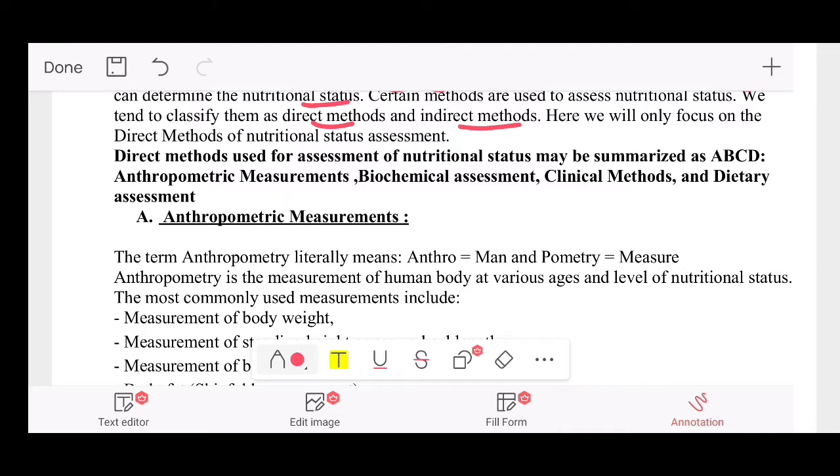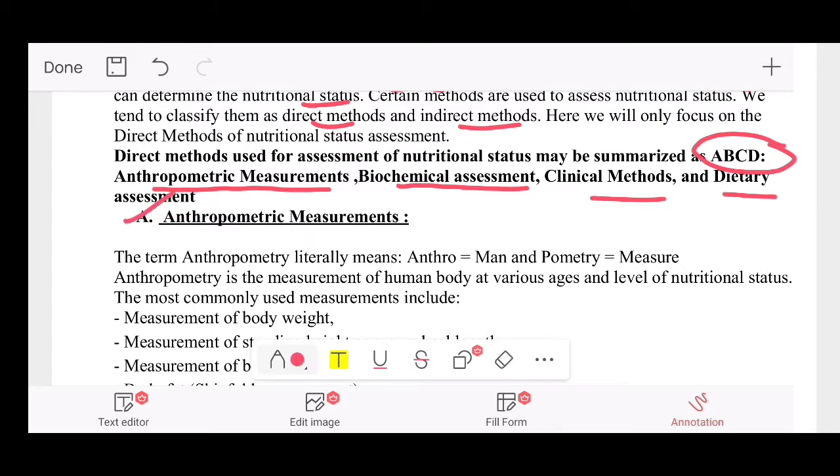The direct methods used for assessment of nutritional status may be summarized as ABCD. That means A for anthropometric measurement, B for biochemical assessment, C for clinical methods, and D for dietary assessments. By these four methods we can assess the nutritional status of an individual. In this chapter we will see the explanation of these four methods. So first is